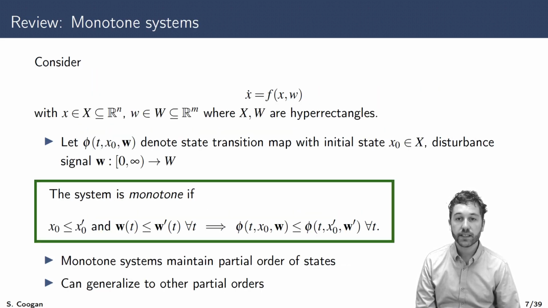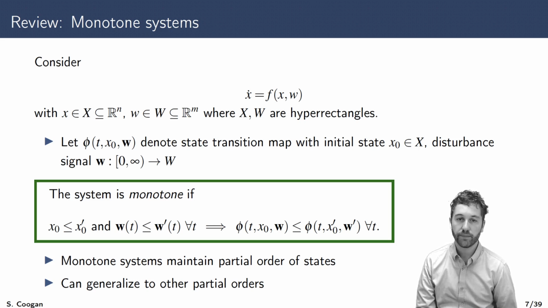Before defining mixed monotone systems, we'll review the class of monotone systems. Consider the same dynamical system with disturbance as before. Throughout this talk, we will assume that the state space X and the disturbance space W are hyperrectangles. We denote by phi the state of this system at some time t with initial condition x0 under some disturbance